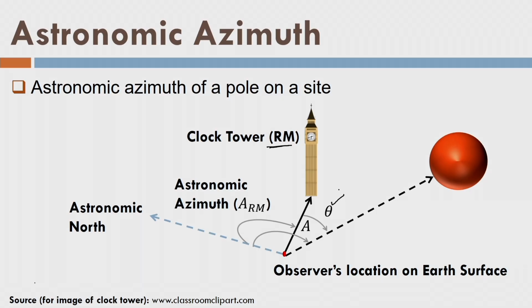So, then what will I do? I am measuring the angle theta. I know the position of clock tower. With respect to that, I will measure the value of theta for the sun at a given moment, and then I will find out the astronomic bearing of the sun for that moment, and then I can deduce that if I go back like this, this is the astronomic north, and from that north I can say this is the azimuth of my tower. So, let us say this is the sun direction here shown by this pen.